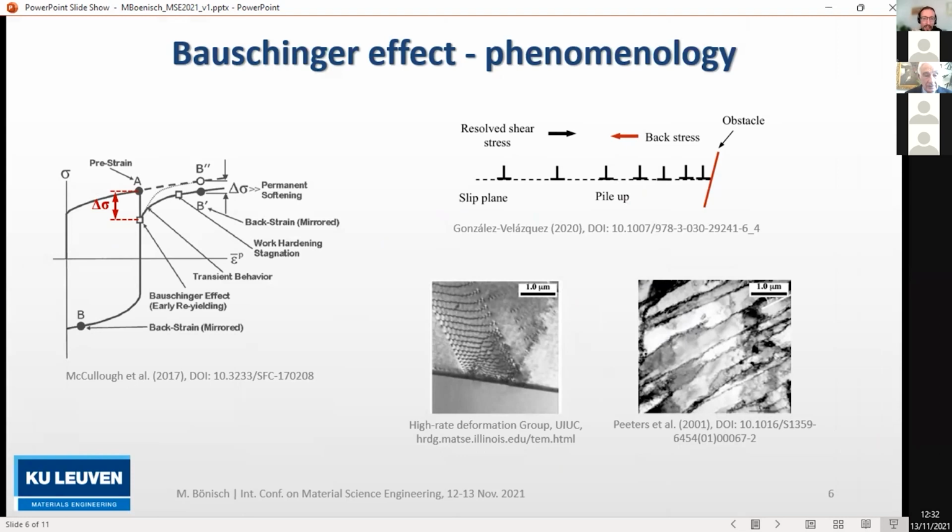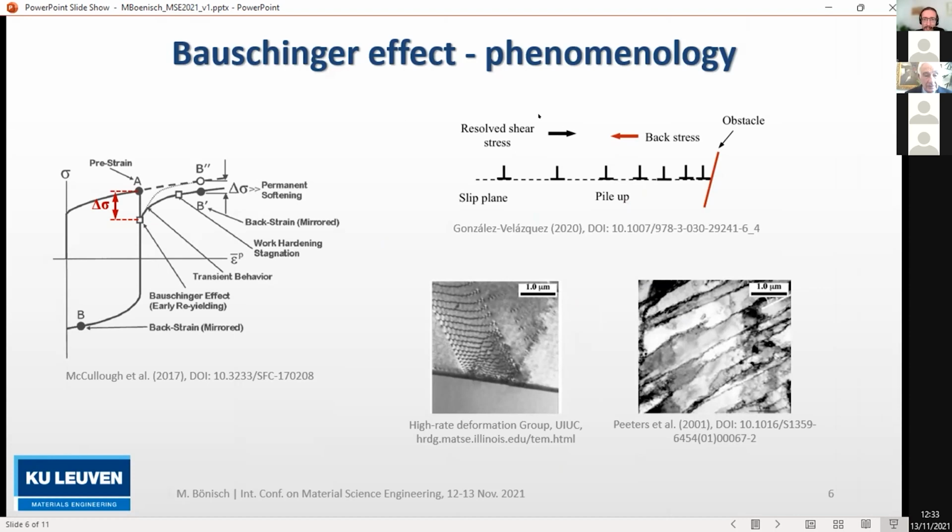I will show some examples there. But just to give a brief overview of what the Bauschinger effect is, in fact. When we deform a material, in tension, for instance, and then revert the load sense, so then we go into compression, what we see is that in compression, the material yields at a much lower stress than in tension. So there is a large stress differential at the strain path change,